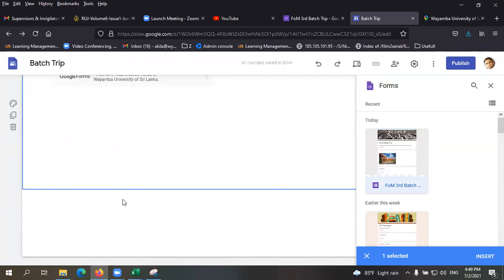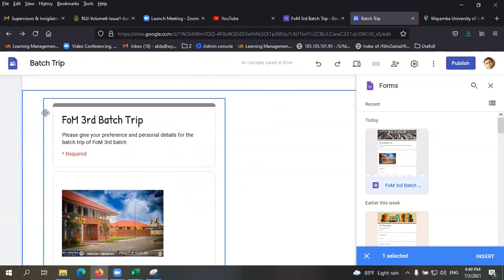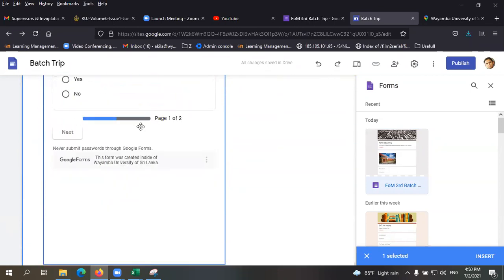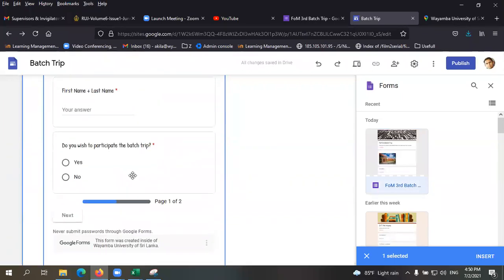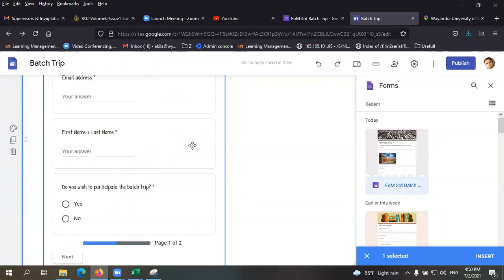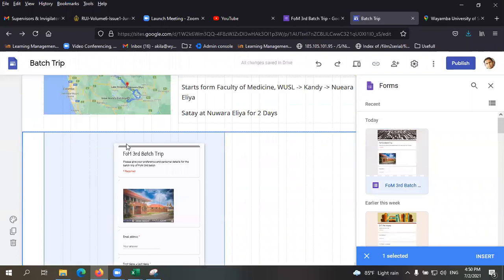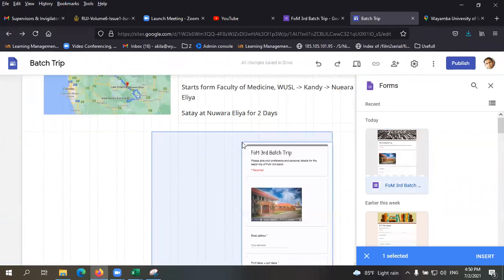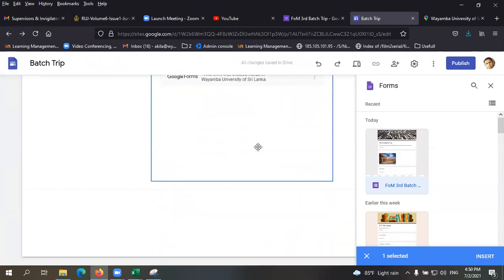Sorry, can I add multiple forms, right? Okay, so here you can add the Google Form into your website. So through your website also, you can share the form. That is also possible. So all the information can be given through the website, and at the end of the website, you can add your Google Form. Then the users can read the information from the website and fill the Google Form. So you can move this, right? Like here, if I want to center this one, just click and move. Okay.